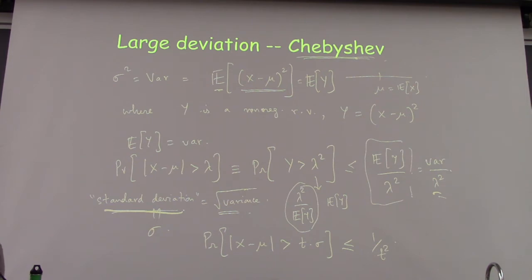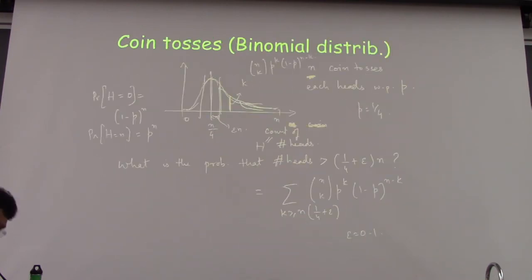So next what we'll see is, specifically for the kind of random variables we are interested in, in our case the x is actually a sum of independent variables, right? So if you recall, x is the number of heads we were counting. You were tossing a bunch of coins, and you were counting the number of times it turned out to be heads. So our x is actually a sum of independent coin tosses. So for such random variables, can you get better bounds? That's the question we'd like to understand.